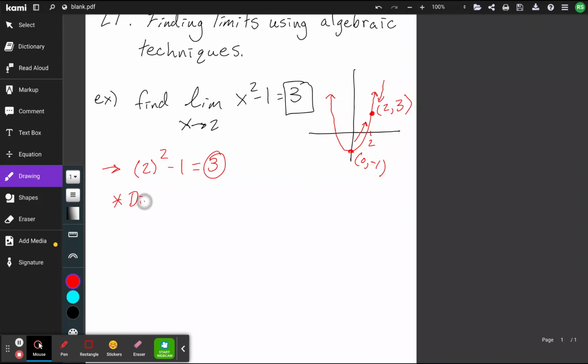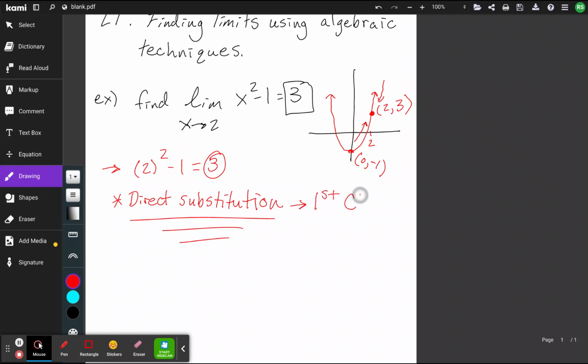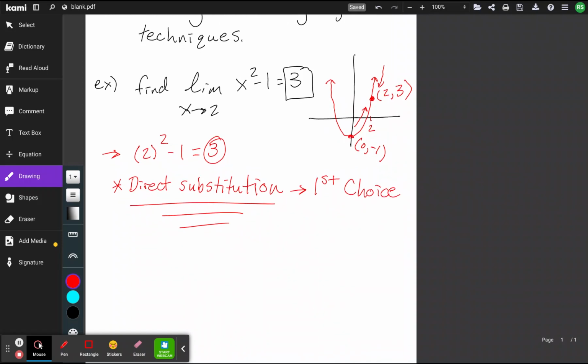Oftentimes, direct substitution is a great way to find your limit. So we use direct substitution, and this should always be your first choice. Now, if direct substitution doesn't work, we'll have to try something else. But a lot of the times, if we have a parent function, or maybe even a rational function that might have some discontinuities like an asymptote, or where the limit approaches infinity and doesn't exist, there's still times where direct substitution will